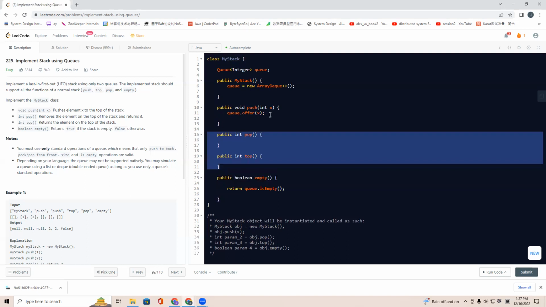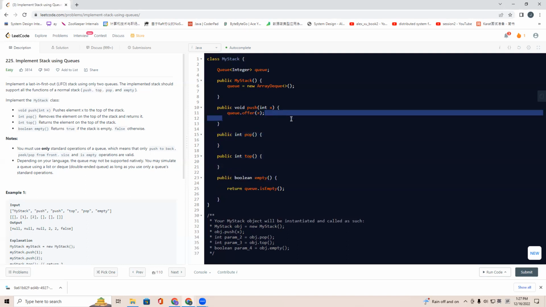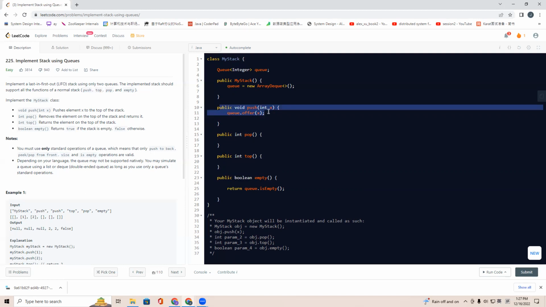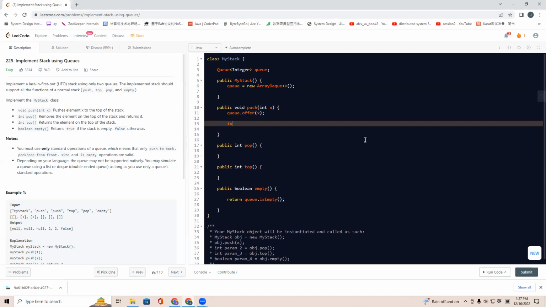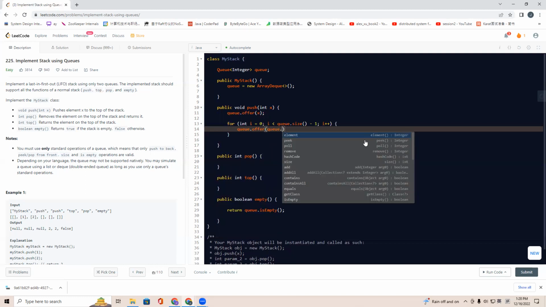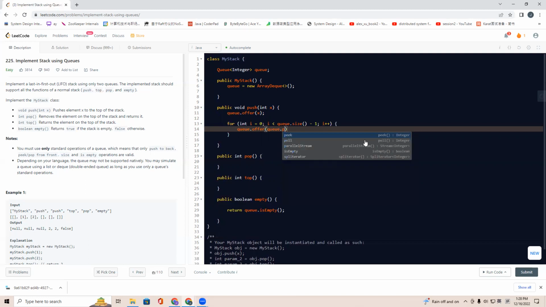So we need to offer the size -1 elements to the queue again. Every time we push, we'll say int i equals 0, i smaller than q dot size -1, right? i plus plus, will offer q dot